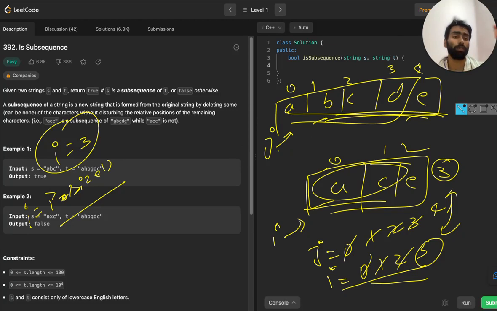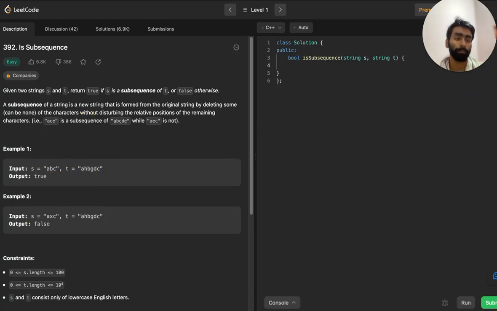So let's start the coding part. We will first initialize two pointers, I equal to 0 and J equal to 0, and these will point to the characters of each string.